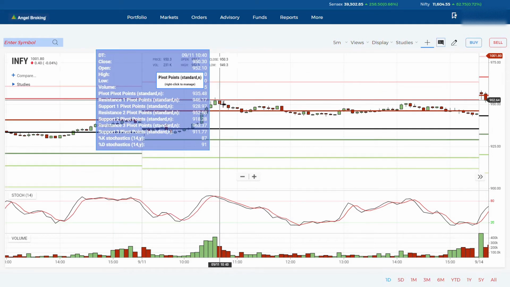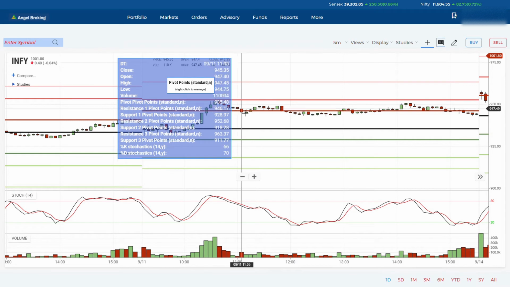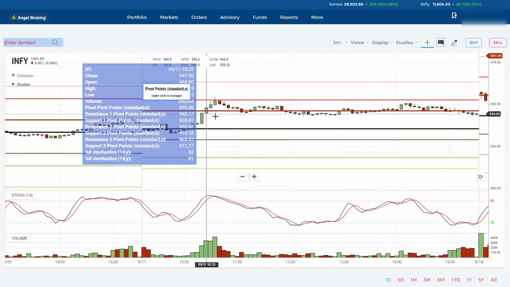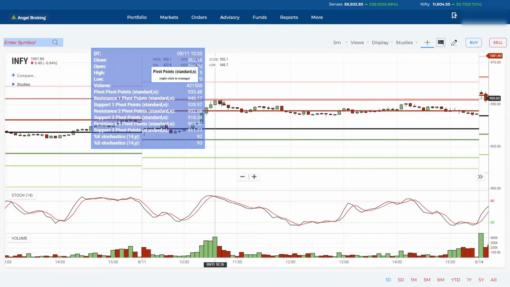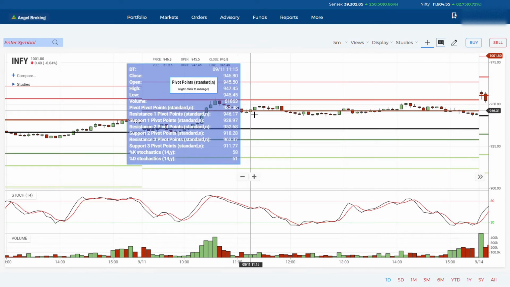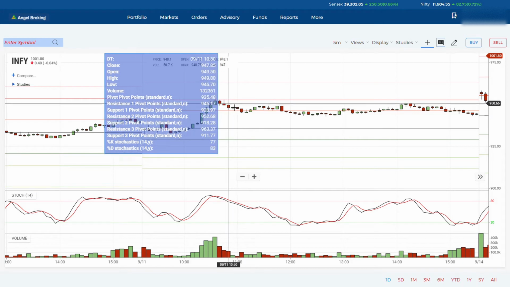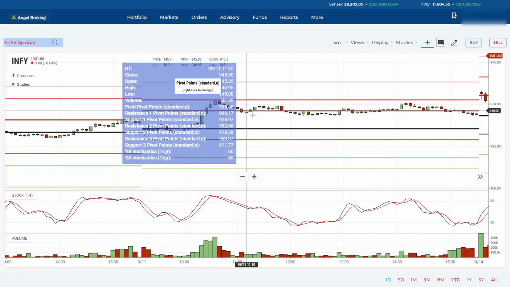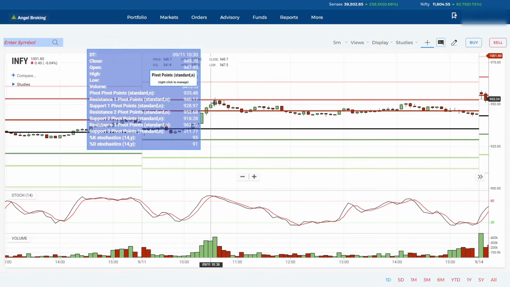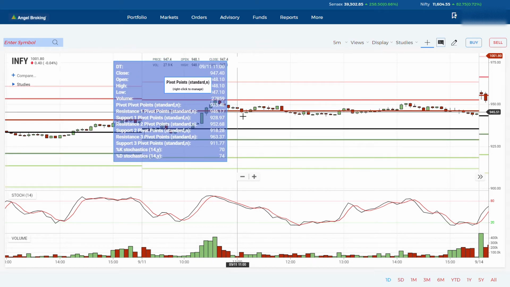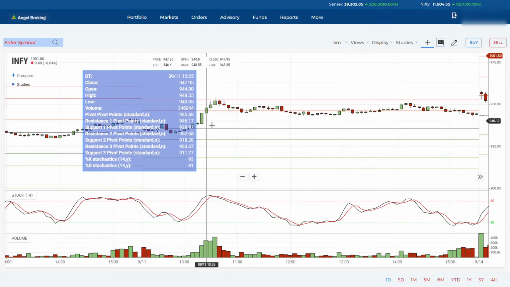Even if you're shorting here, at like 952, you can still make a profit till 946. See, previously this was a resistance, it has crossed up, it gets a rejection here, and is coming down. But it's taking a support here. It is hitting resistance one, which now becomes a support, and it is going up. So still you can make a profit here. So I'll just explain with some other stock.